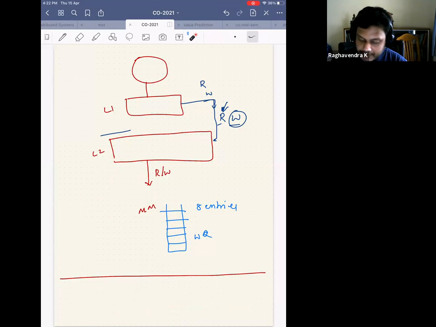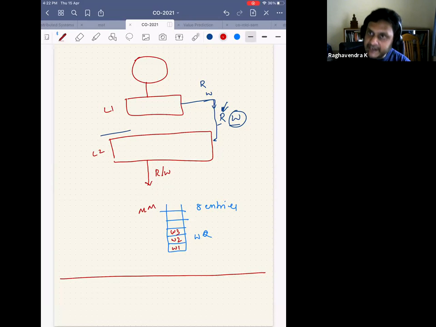If it's a write, what do I do? Let's say it was a write to block 1, then I just write block 1 here. Then I write block 2 here. Then I write block 3 here. I just don't access the memory at all. Now, why am I not accessing the memory?